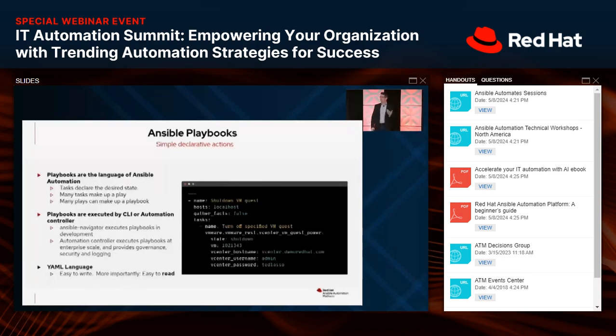It's YAML. Some people don't like YAML. I get it. White space being significant is a little confusing. However, if you don't like that, use Ansible lint and syntax checking in VS Code. There's an Ansible plugin, little plug for the plugin. But the idea with Ansible playbooks is not only are they easy to write, they're easy to read. And that is more important in my mind than being easy to write. Because if I can read a playbook and know what it does, it's way easier to maintain, it's way easier to change, it's way easier to innovate on, right?